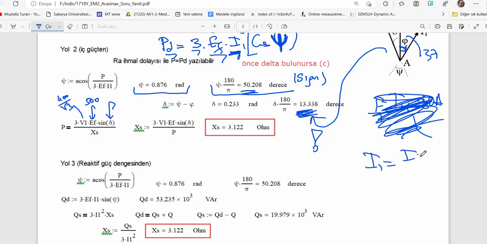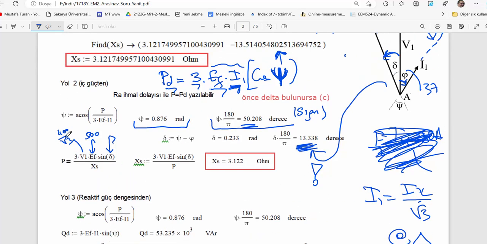I1 is equal to I1 line over root 3 because it is delta connected. Okay, and then let's substitute them. Here is the 44 blah blah kilowatts, and as a result Xs can easily be calculated,